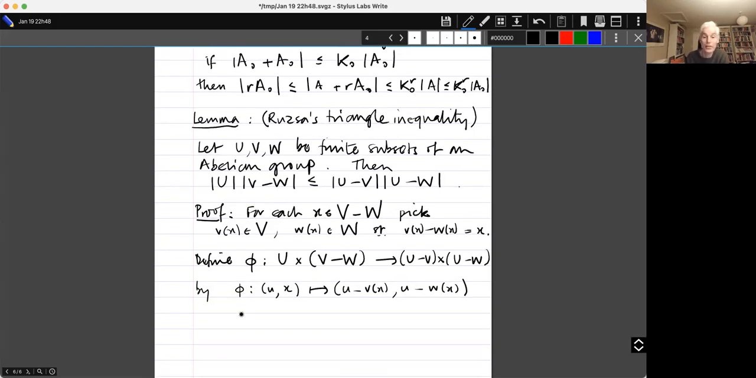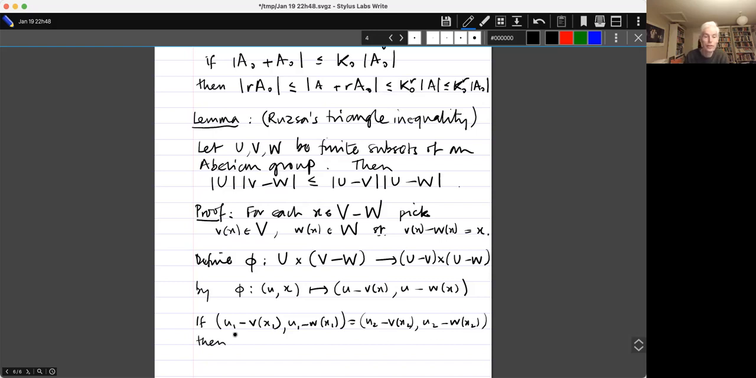Now I'll be done. I want to show that the size of this set is at most the size of this set. I'll be done if I can prove that this map is an injection. And I just quickly check that. So if (u1 minus v x1, u1 minus w x1) equals (u2 minus v x2, u2 minus w x2),